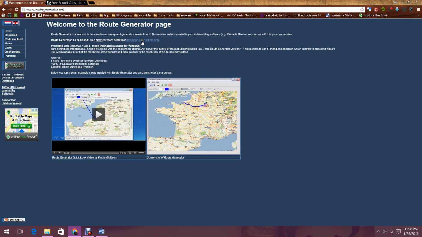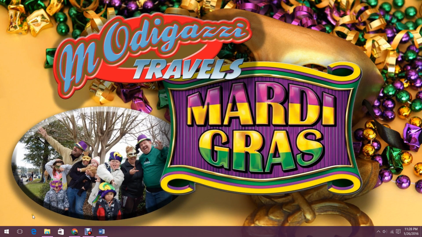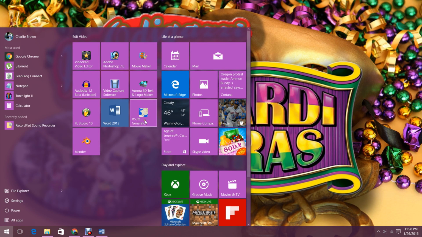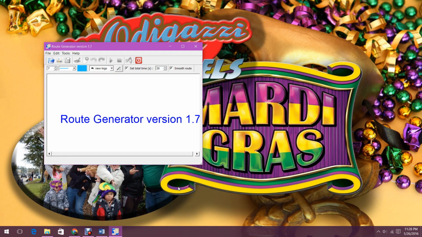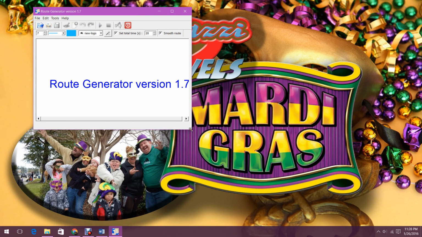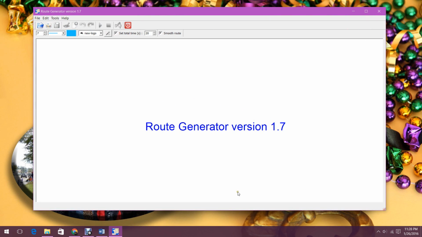Okay, so you go here and you just push this link, download directly from here, and then just download it. So I have it on my computer already. I'm going to bring it up. So it's this right here. It's called the Route Generator. Now, the great thing about this is you can use any map. You can use your own map. And what I do is I got a map from